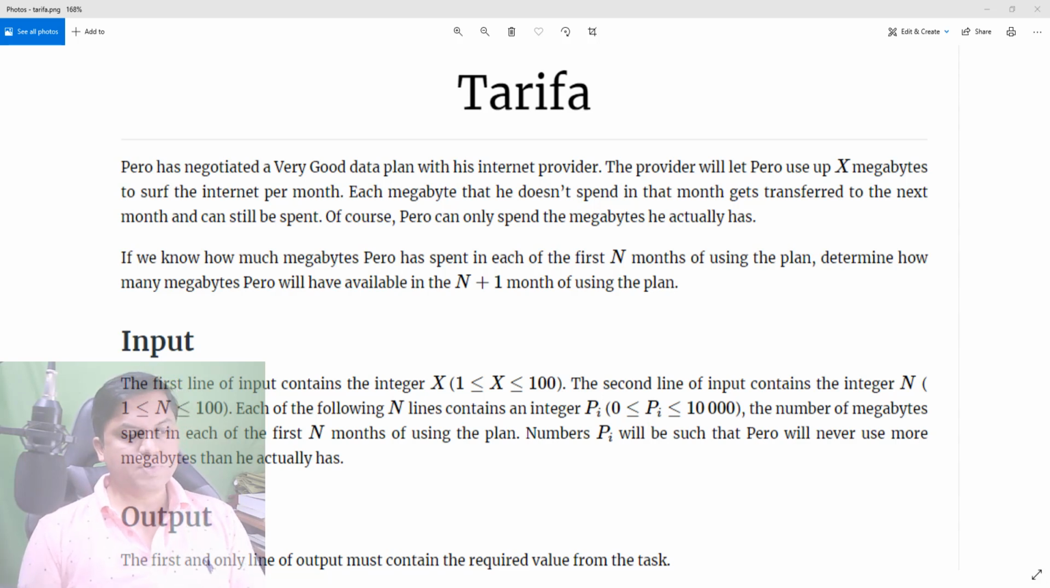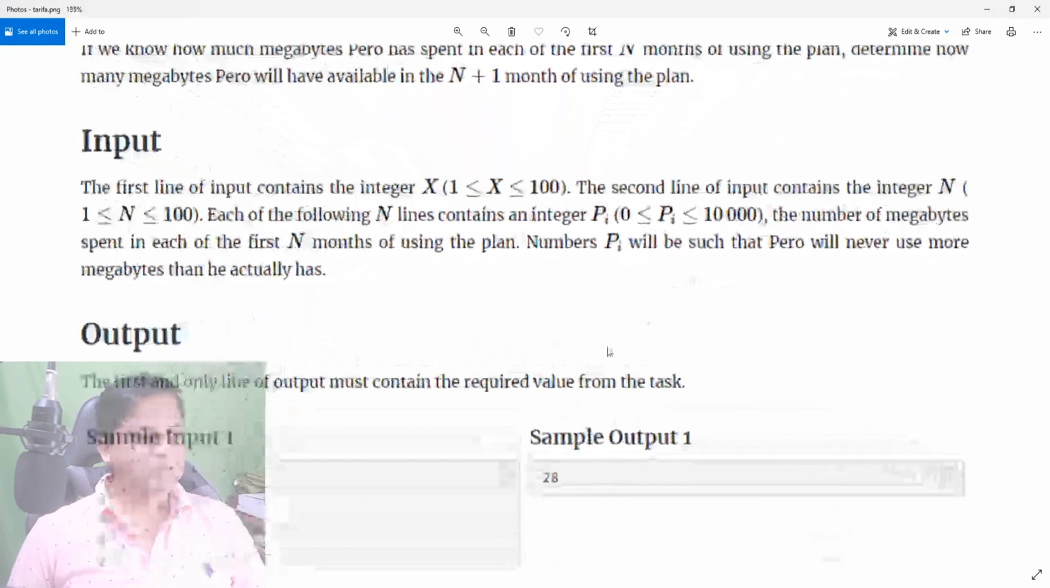If we know how many megabytes Pero has spent in each of the first n months of using the plan, determine how many megabytes Pero will have available in the n plus 1th month of using the plan. Okay. So,